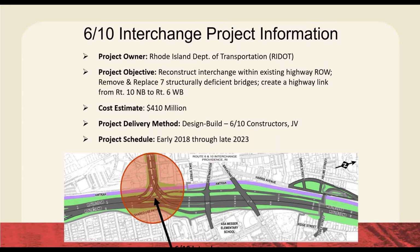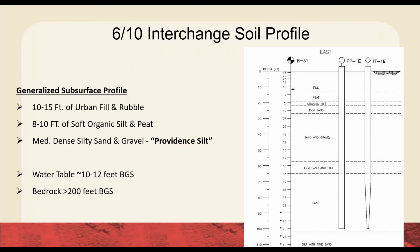So project itself, again, $410 million. Some of the basics here: RIDOT. We started our work in early 2018 and basically continued the test pile program through the fall of 2018. If you're familiar with Providence, New England subsurface conditions, you've got a pretty typical Providence profile here with some fill and organics on top of what we call the Providence silt, which as described here, medium dense silty sand